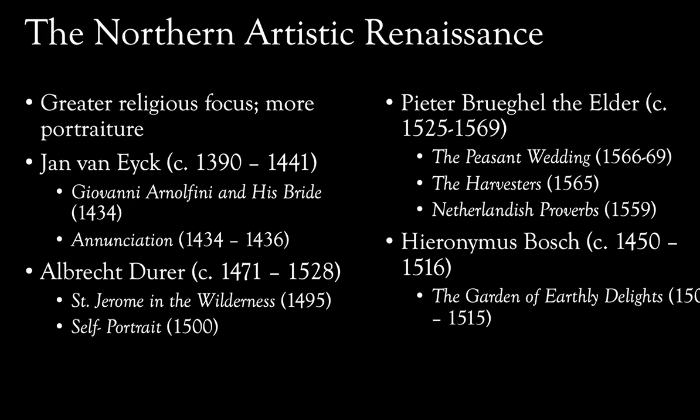The Northern Renaissance overall will have a greater religious focus and a lot more portraiture than, say, the Italian Renaissance. So, for example, the Italian Renaissance artists tended to focus very much on technical skills, such as linear perspective and those new artistic techniques we discussed. And also, Italian Renaissance artists believed that the human form was the primary vehicle of expression. So they put a lot of emphasis on the humanism element of their work.